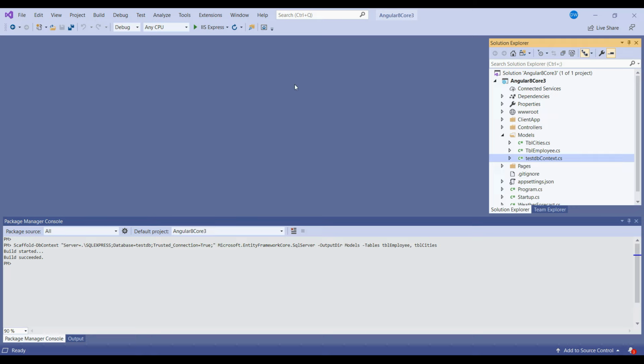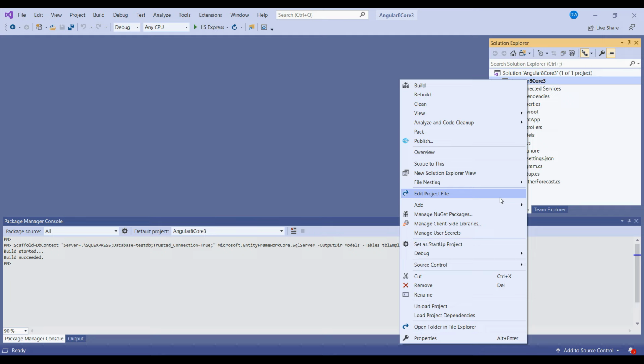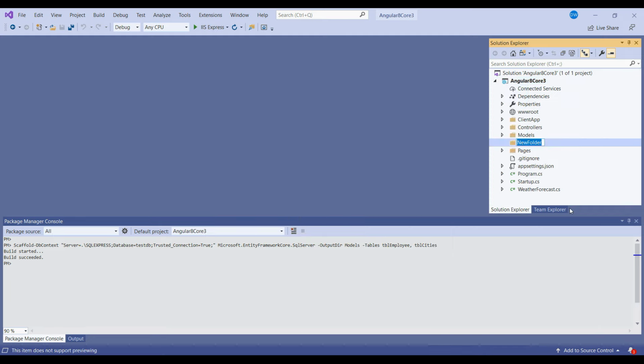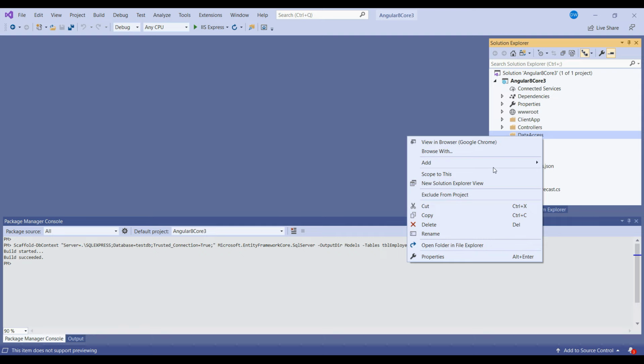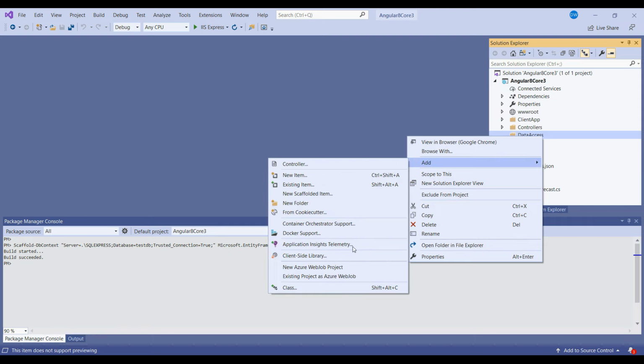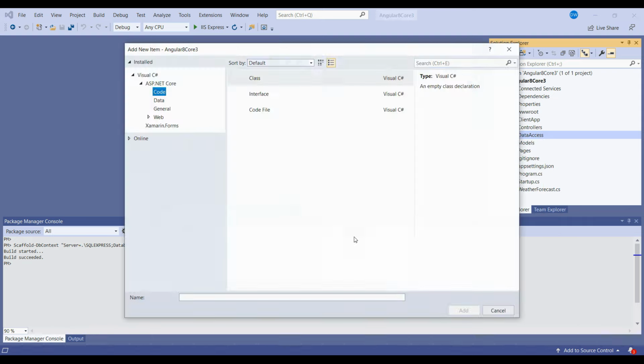The next step will be creating a data access layer to deal with the database operations like creating, reading, updating and deleting. So let's go and create a new folder here. We'll call it the DataAccess folder. As you see, the DataAccess folder is created. We'll be creating a new class here, which will be our class for all the database operations. So let's say I name it